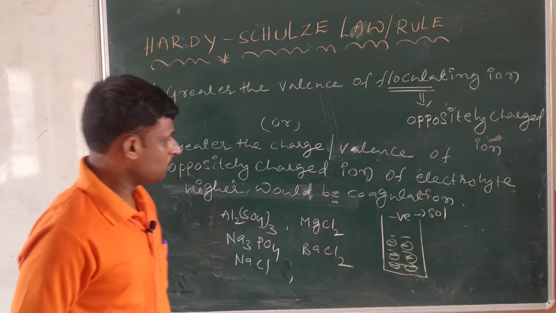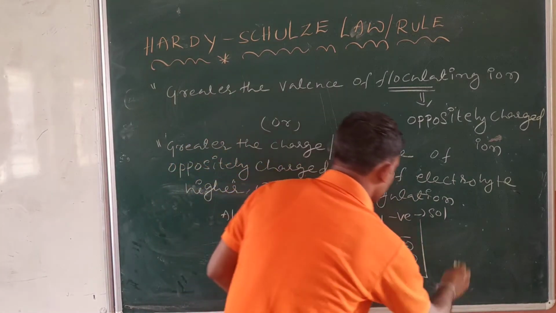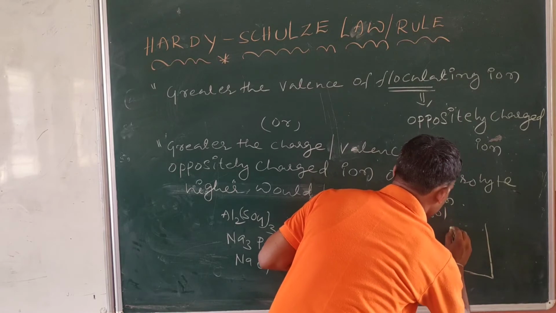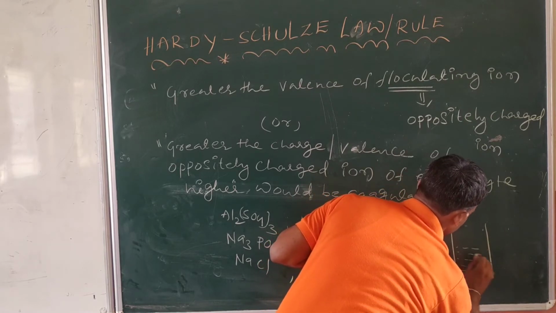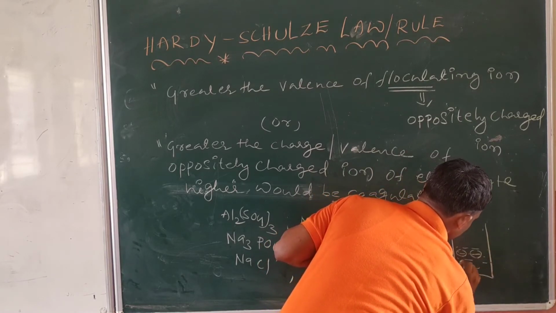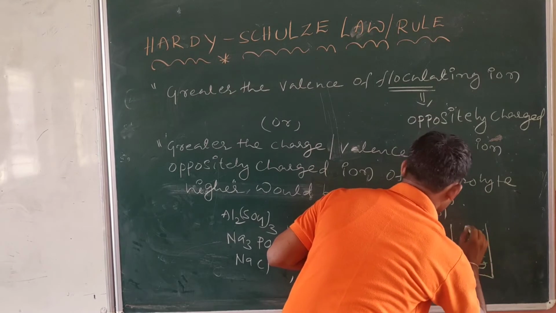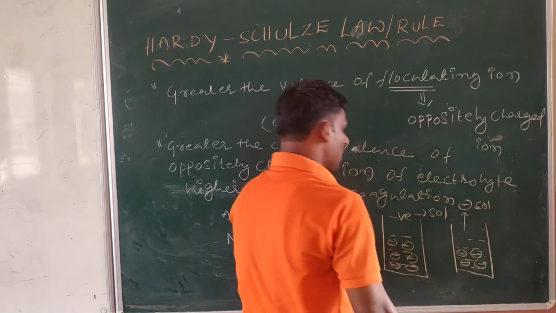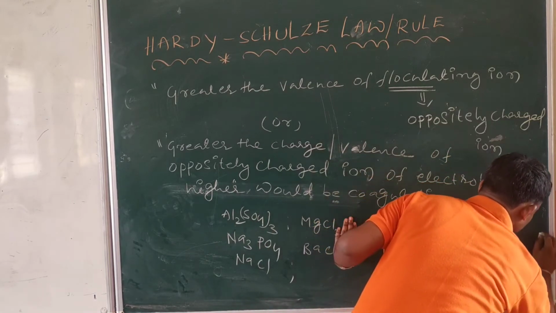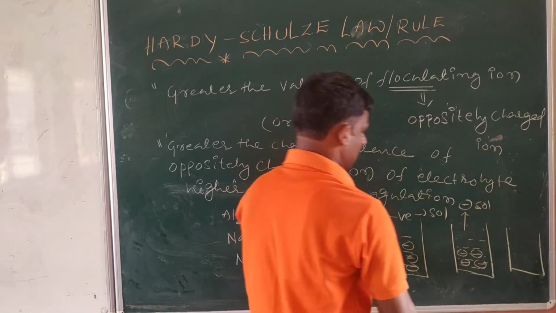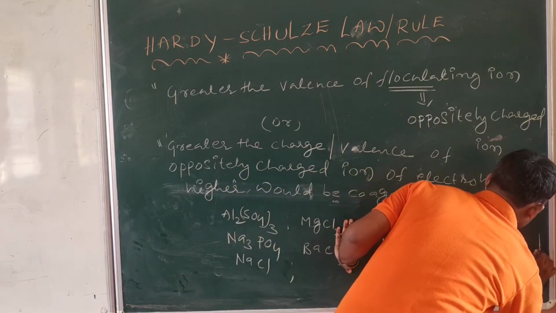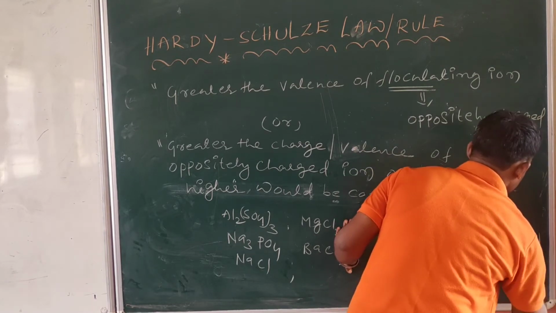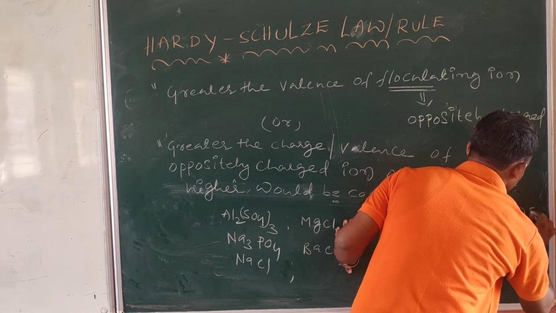I will take different containers. Now, Al2(SO4)3, again the same negative sol, I am taking in another container. These are the minus particles, all minus particles. This is also a negative sol, the same sol only. Again I am taking it in another beaker or container. The same negative sol I am taking, negative particles are there. This is also a negative sol.